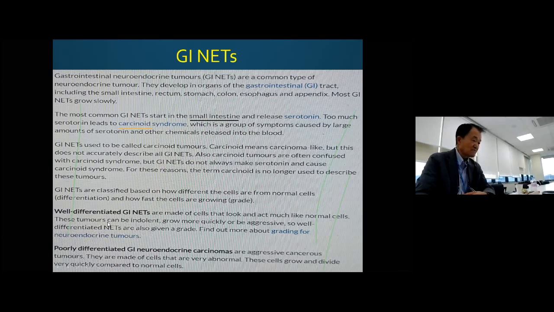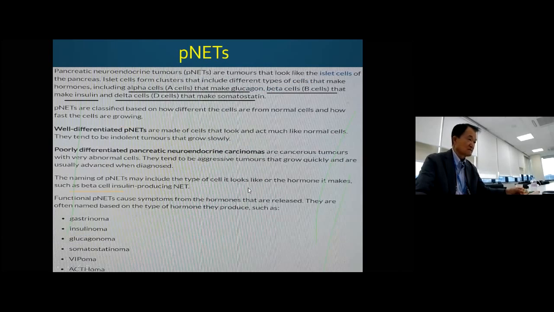And the well differentiated tumor is slow growing, but somehow at a certain point it becomes poorly differentiated, just like a well differentiated thyroid cancer becomes dedifferentiated and poorly differentiated. That's by a lot of gene factors and stress, many other things that make mutations of all kinds of genes.